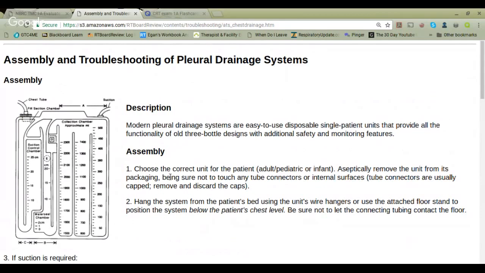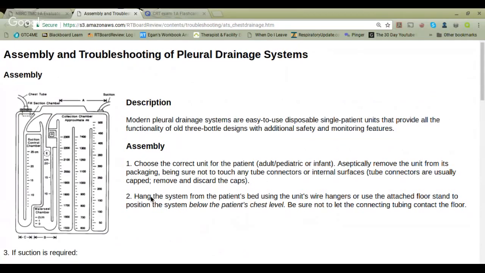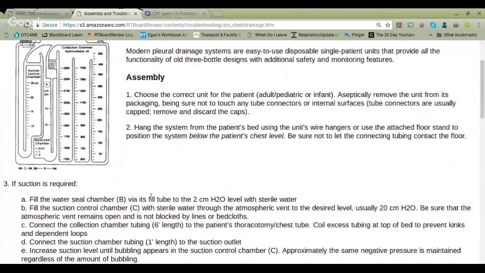Choose the correct unit for the patient. Aseptically remove the unit from its packaging, being sure not to touch any tube connectors or internal surfaces. Hang the system from the patient's bed using the unit's wire hangers, or use the attached floor stand to position the system below the patient's chest level. Be sure not to let the connecting tubing contact the floor. If suction is required,